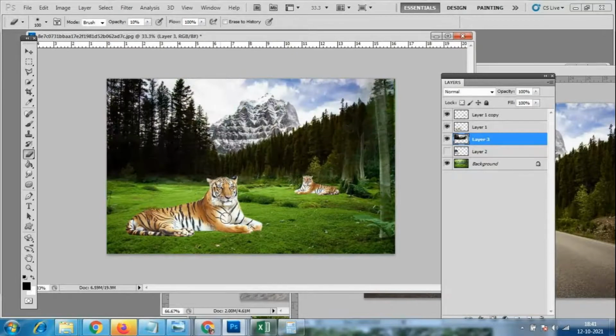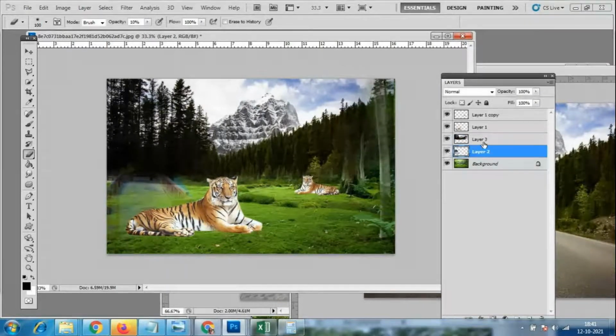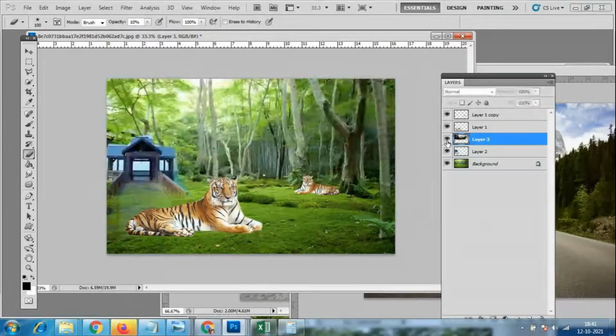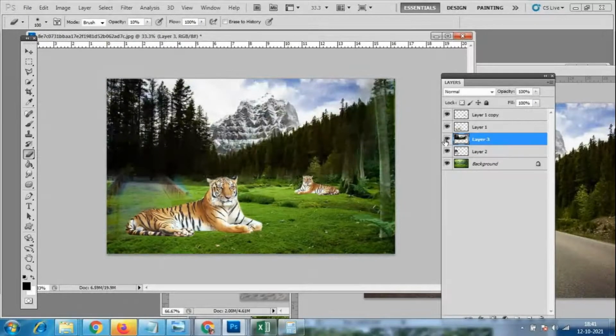Let me check this house if I keep it. Now what is the problem is this house is behind this layer 3. In layer 3, if you click on this eye mark, you can see the layer 3. Now in layer 2, there is the option of this house. Now the house should be visible on the top, right?